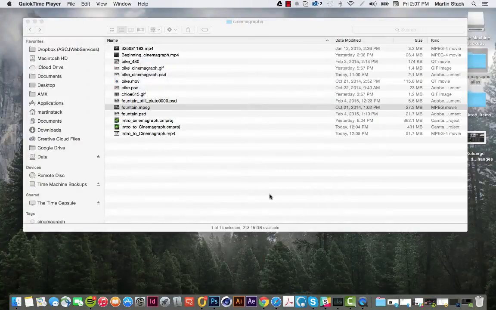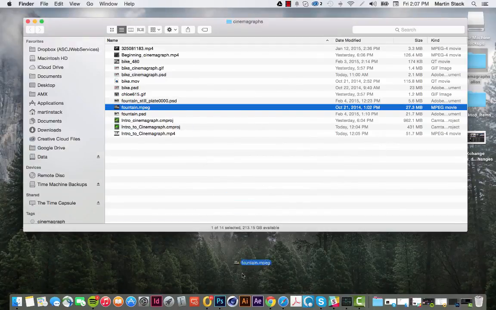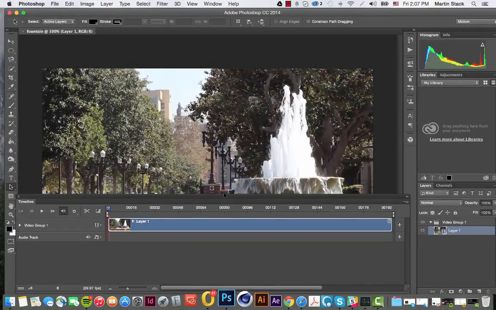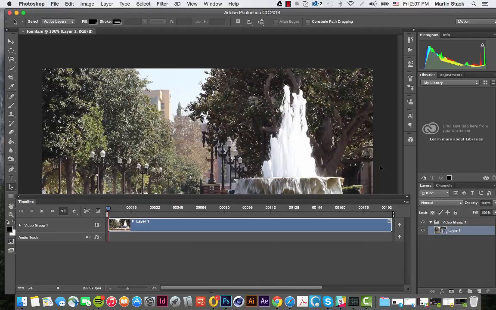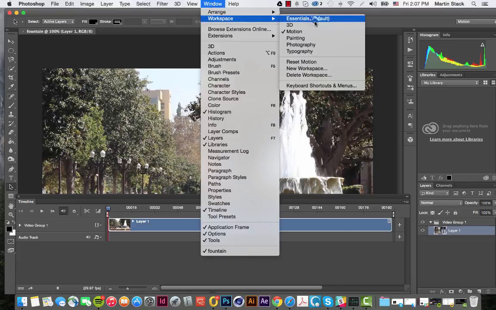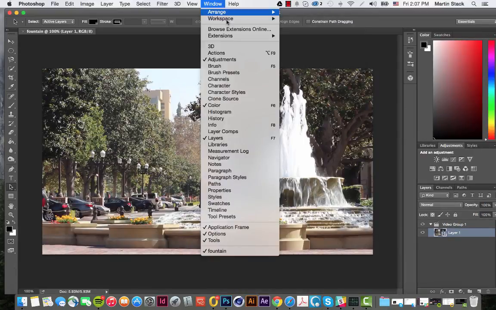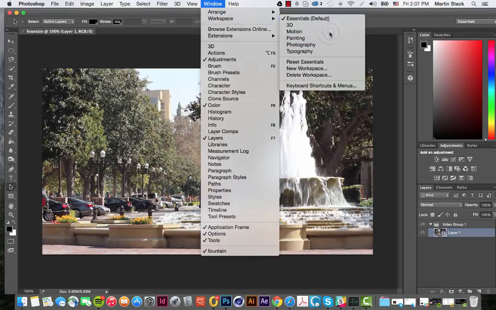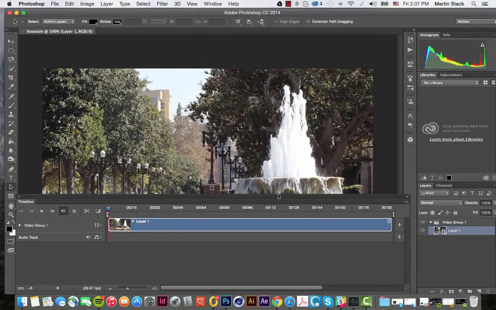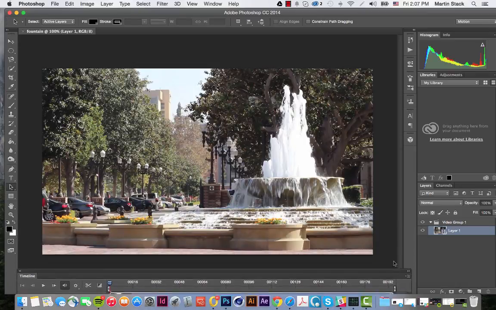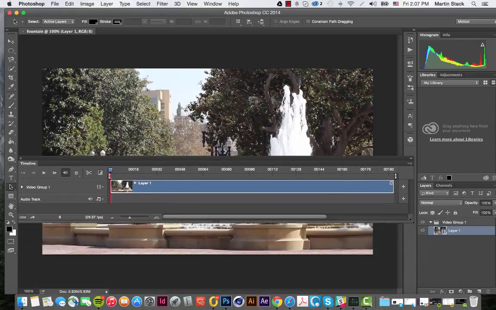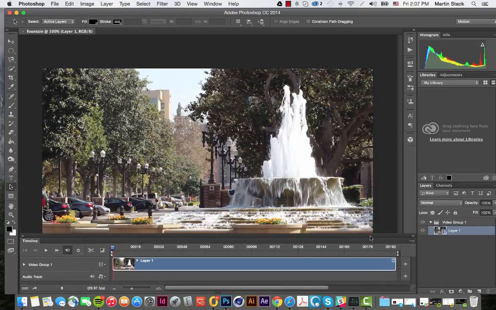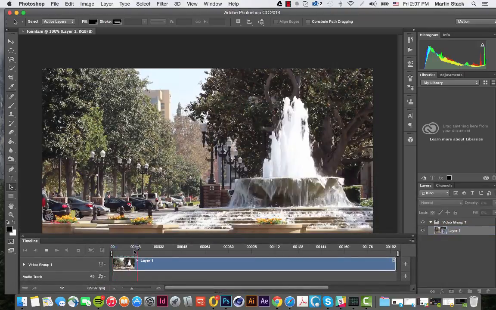So what we're going to do here is pull it into Photoshop. And once again, if Photoshop doesn't look like this, or you've reset your workspace to the default workspace, it's easy to switch over. Just go ahead and hit motion. And now you'll get your timeline down here and everything else that you're going to need. So when we play through, I can grab this guy, pull him down a little bit. When we play through here,